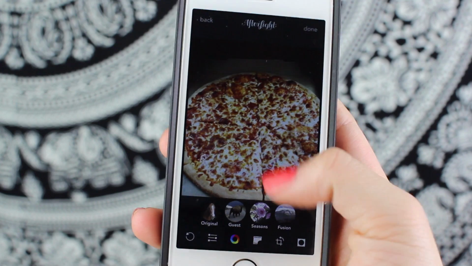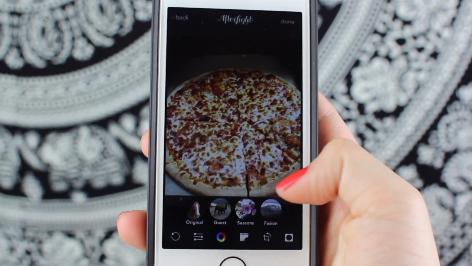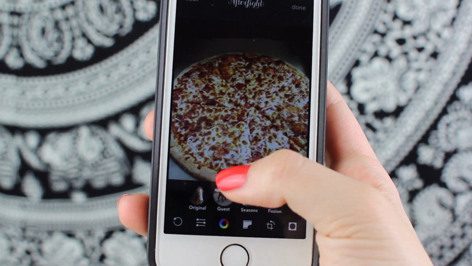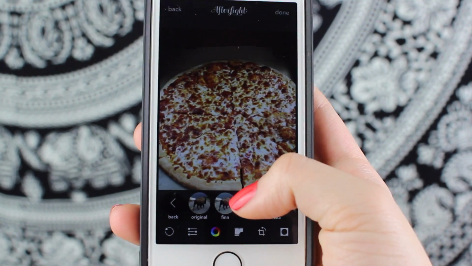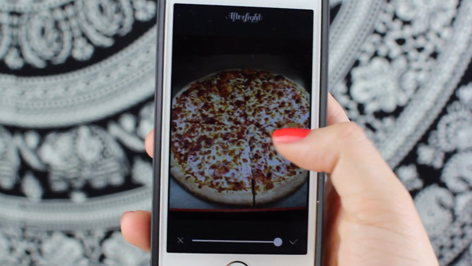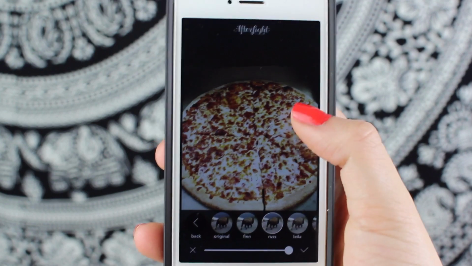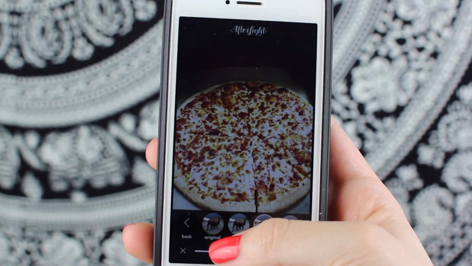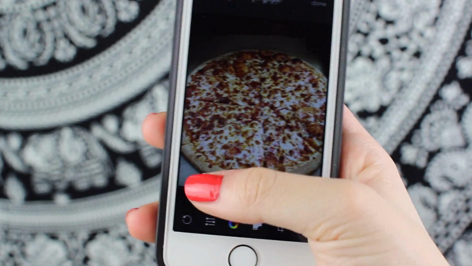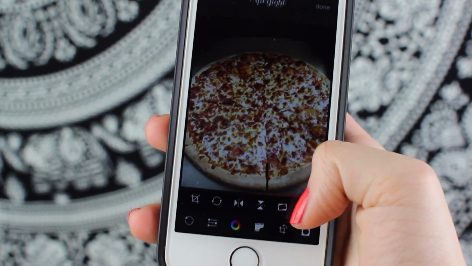And then what I do use the app for is filters, and there's all sorts of filters, but the one that I use for my pictures if I'm using this app is on Guest Filters, and it is called Rust, and it kind of gives your pictures that old-timey filter look. I don't know, I really like how it looks, and you can sort of play around with how much you want and all the other filters and things like that. You can rotate it, you can make the borders smaller, I don't know, I don't really use this stuff.